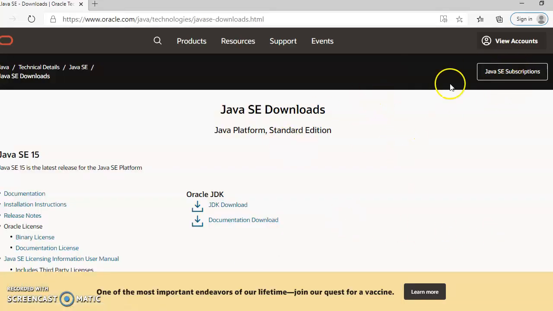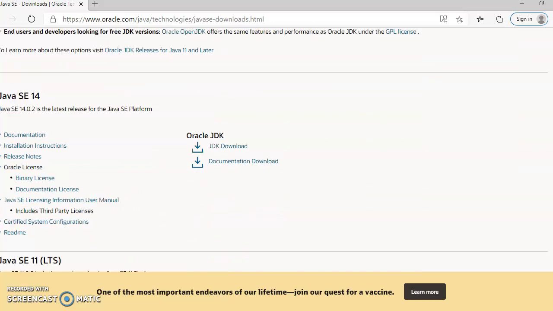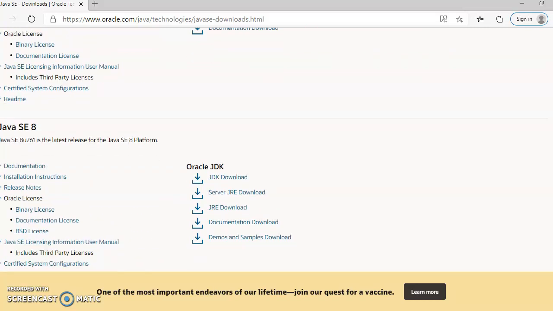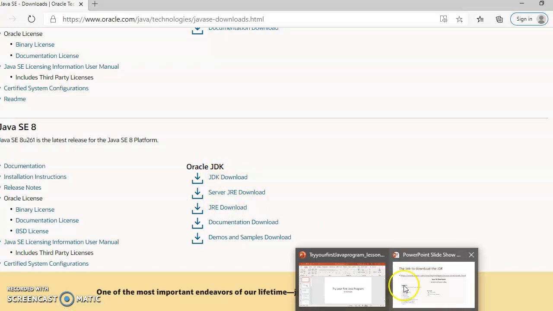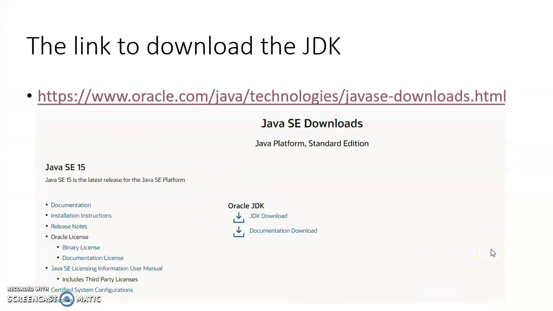Now, on this page, you will see different versions of Java. Maybe you will be confused about which version you're going to download. But don't worry, it's just for now. Let's stick with Java SE 8. There will be, of course, differences, but for now, for your first lesson, just download JDK SE 8. Okay, so once you click this, then you will see this